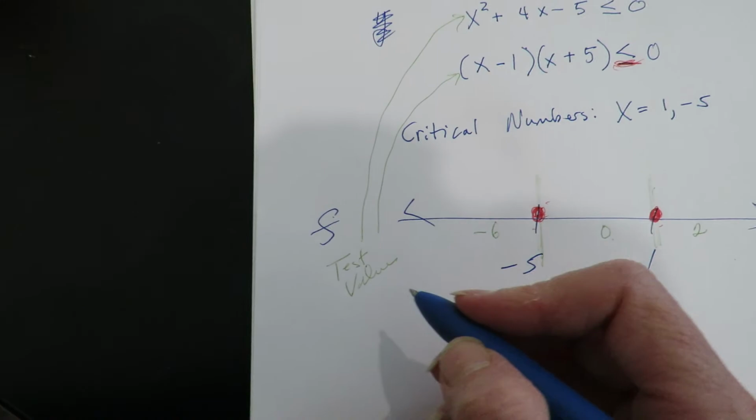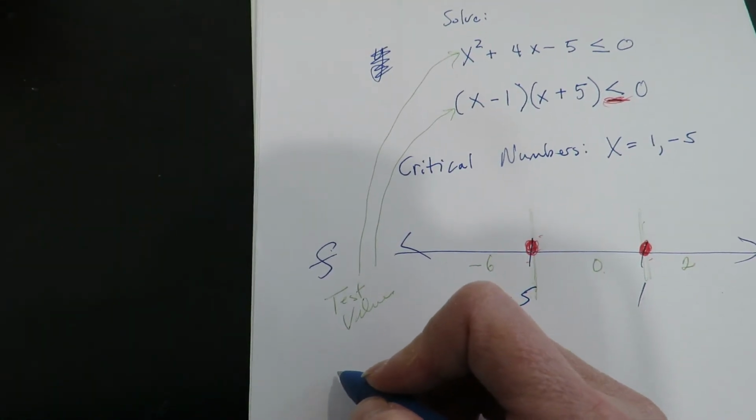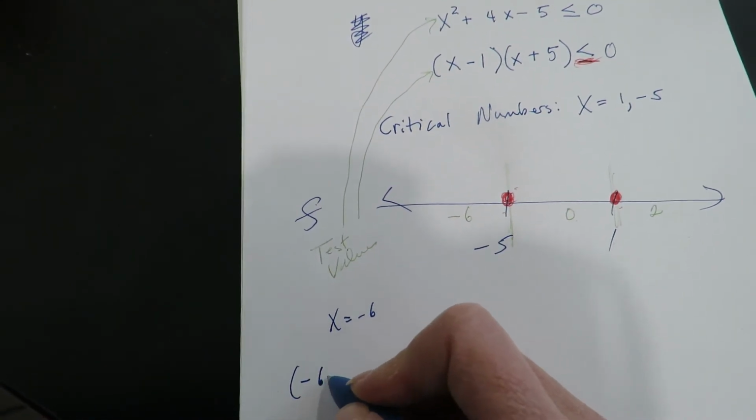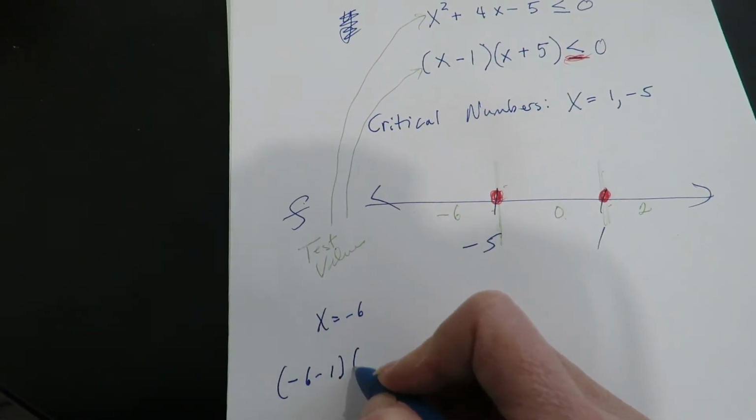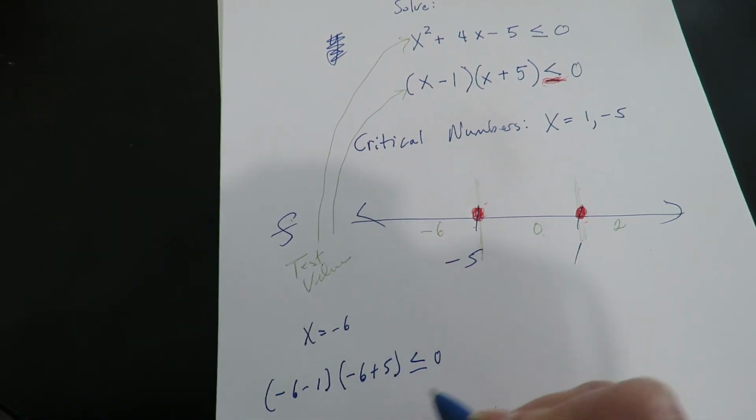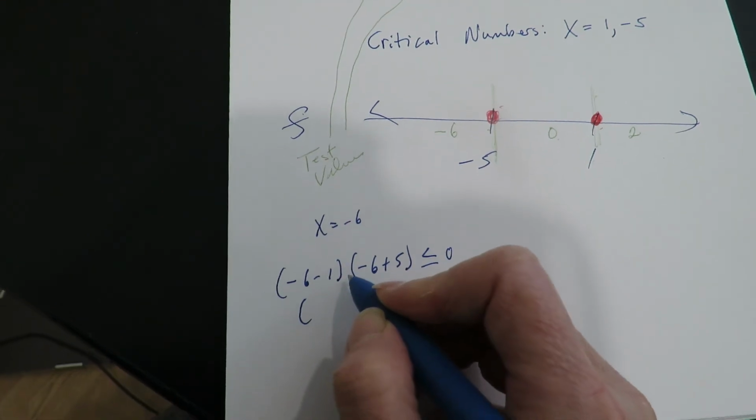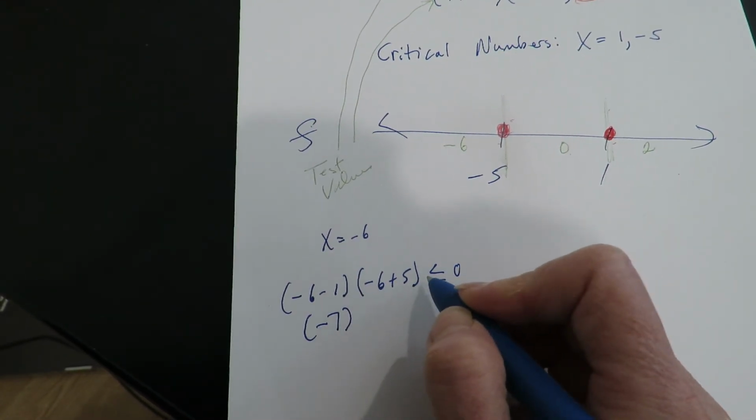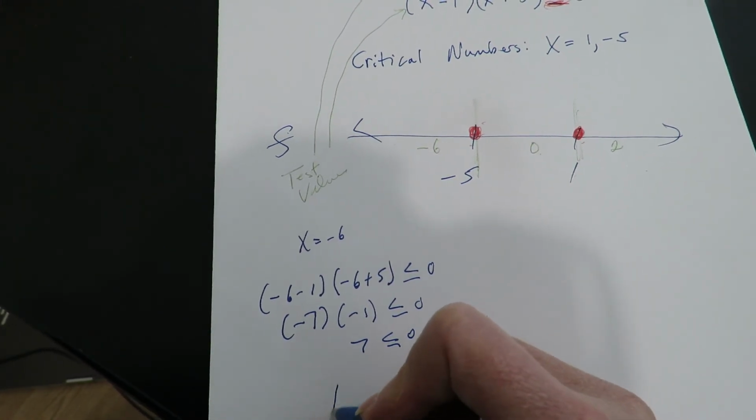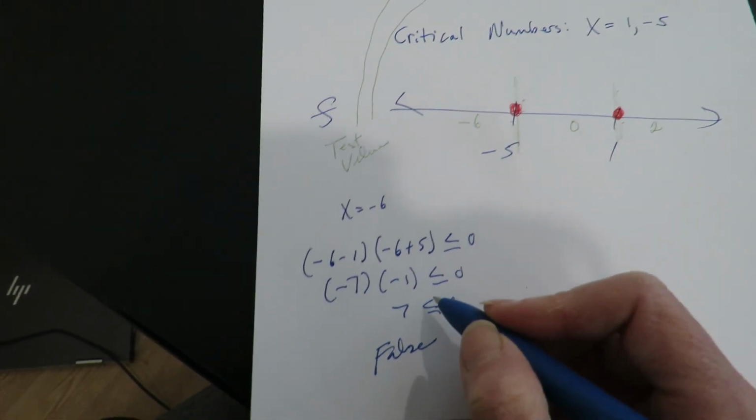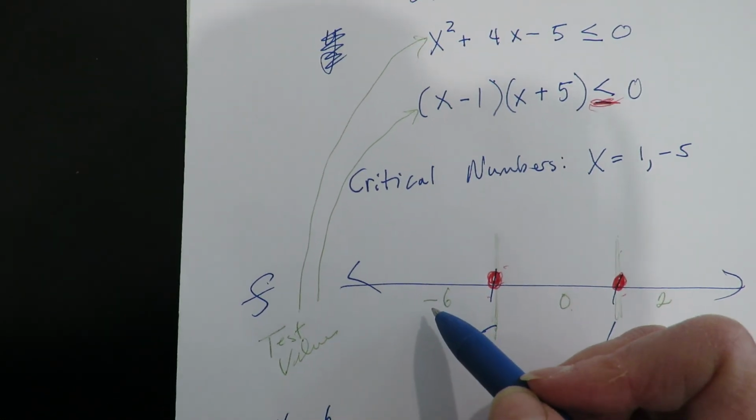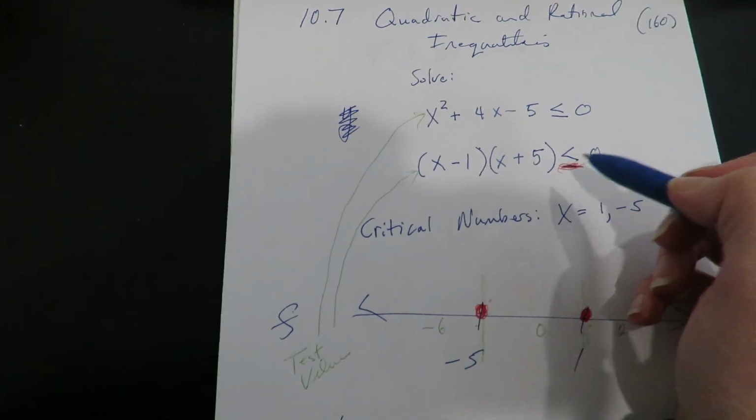Okay, so my test value, I'm letting x be -6. So it's my first test value. I'm doing -6 minus 1, -6 plus 5, and I'm trying to see if this is true or false. -6 minus 1 is -7, -6 plus 5 is -1. So I'm getting 7 is less than or equal to 0, which is false. Okay, that's false, which means that the values in this segment do not